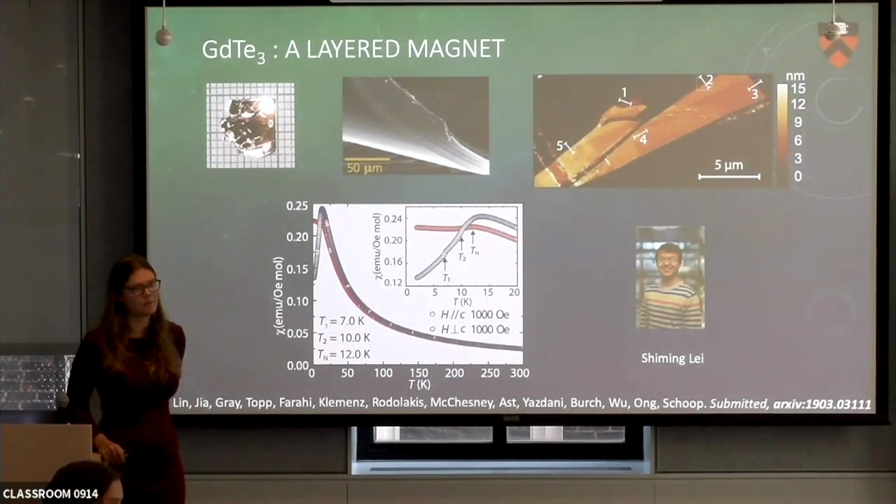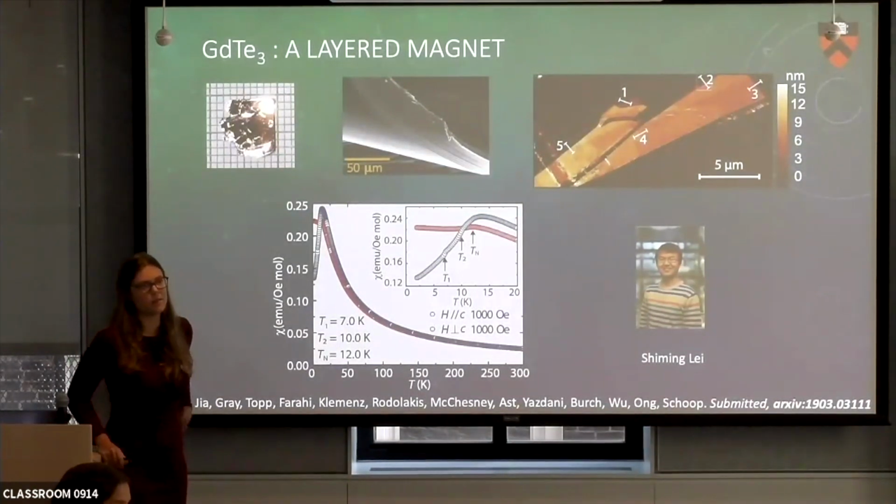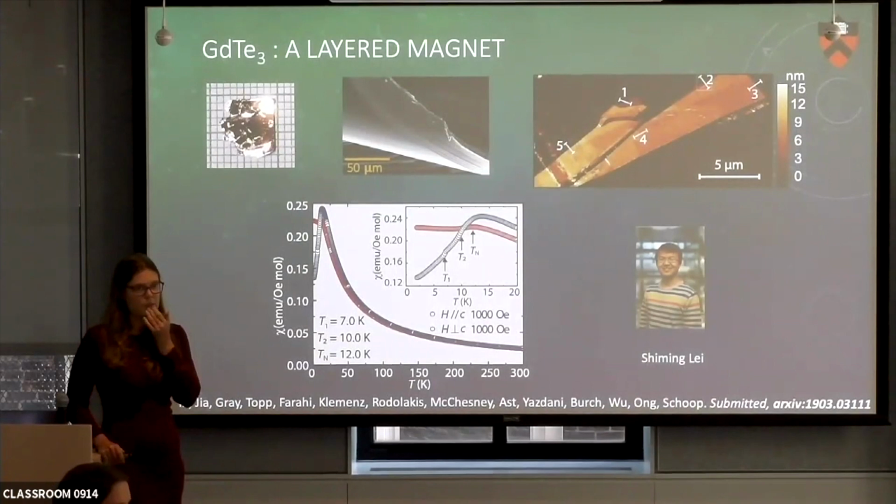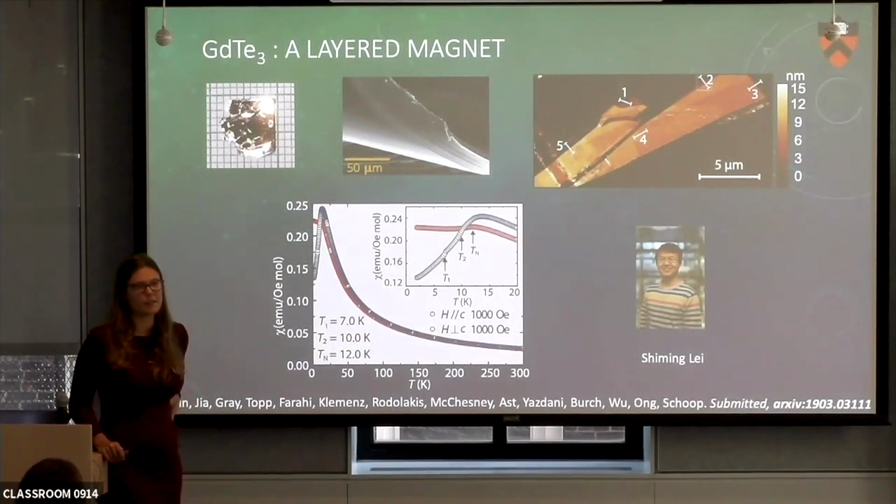Sure. So how does the CDW transition temperature change as you bring it down in thickness? Also a good question. So on the few devices we made, it changed, I think it went up in temperature. It went up. But we only have very few data points, so we need to make more. Some of the heavier rare earths have a second CDW. Yeah, exactly. We'll see how that changes. And that also changes with pressure.